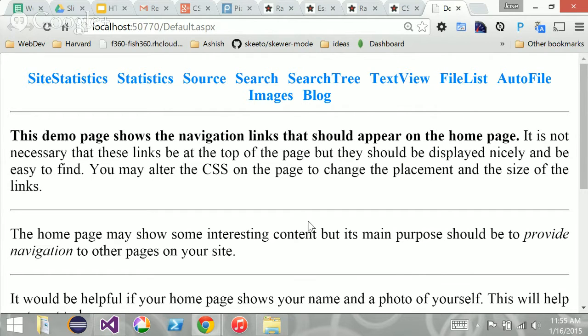So you should spend some time really scanning this page and making it look very professional. Okay. Plus, in addition to these links up here, you would also add links to your experiments and links to